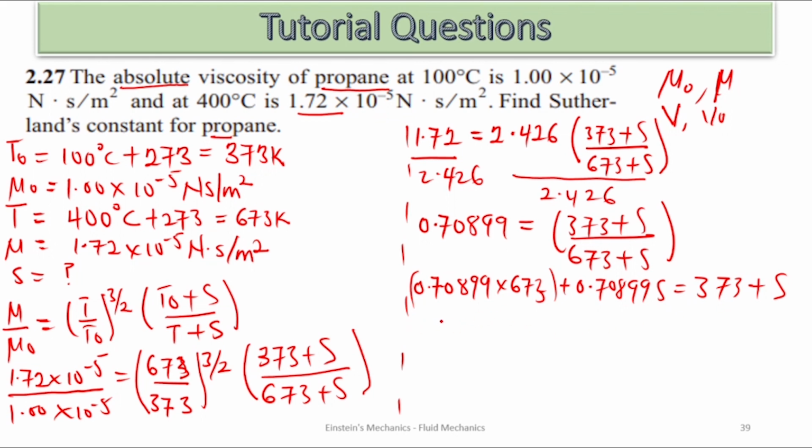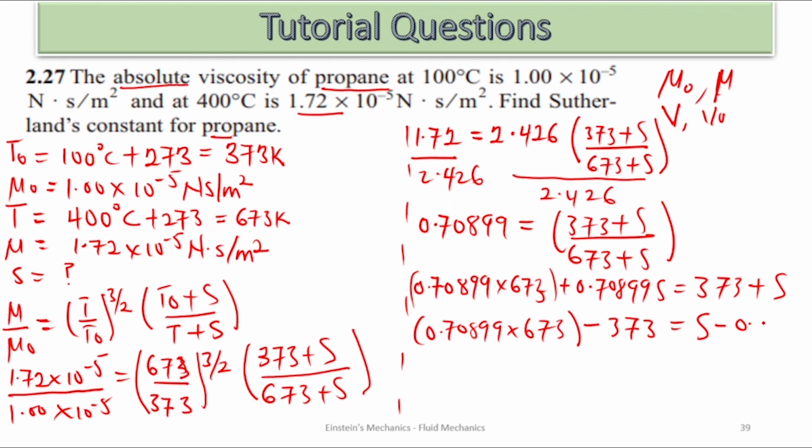So in all, I can get 0.70899 multiplying 673, minus 373, equal to S